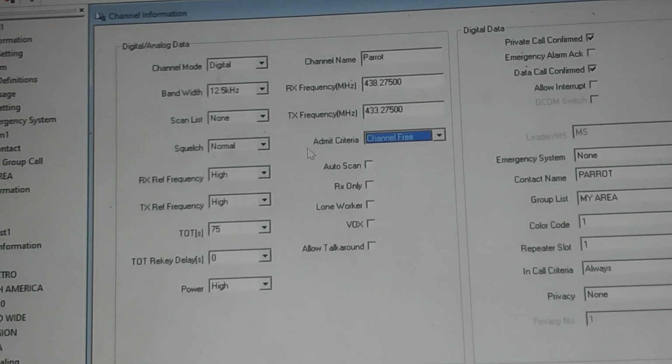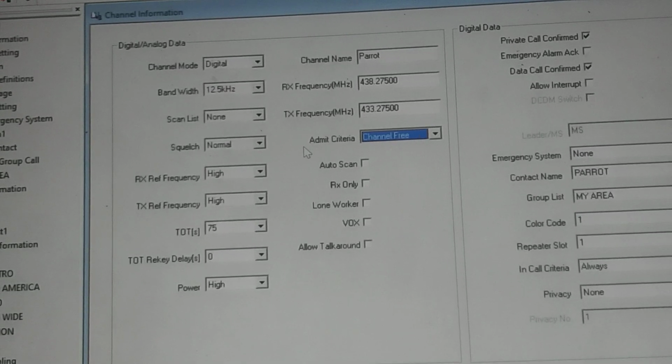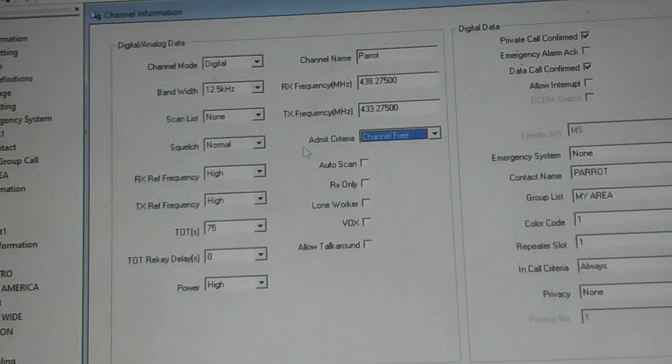And if they're already having a conversation, it's better to allow them to finish that conversation, and then when you hear a break or a stop long enough, then you can transmit your call sign and so forth. So that's another thing that all DMR radios are able to do, no matter